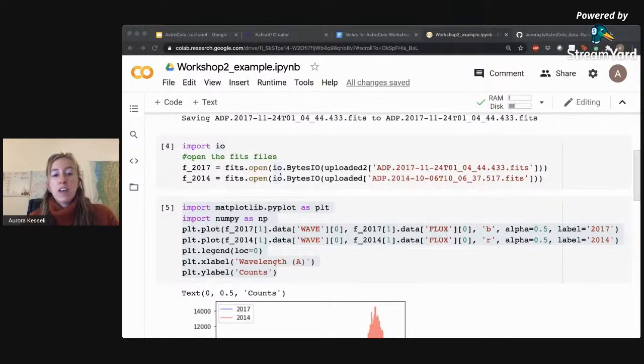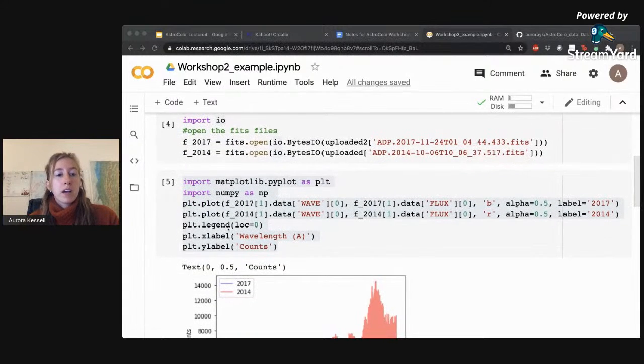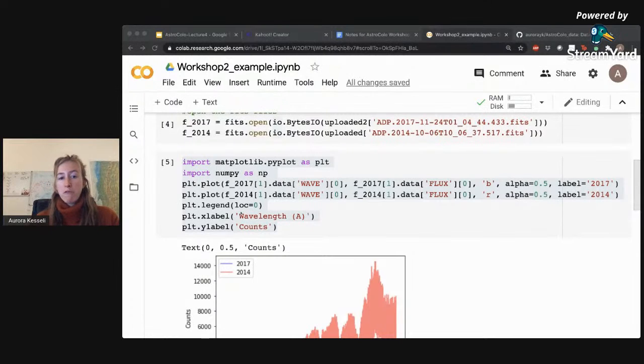Okay, and so then I did just do some of the plotting myself, but I'll go through what I did here. So to start for the plotting, yeah, this is the same as before. So you import matplotlib, and I've imported NumPy since I'll use it later. And we saw from before that all of the HARPS data is stored in the first FITS file extension. And the wavelength data is labeled wave. And they've stored it in kind of a weird way where they have an array within an array. So we have to use this 0 to get the array within the array. And